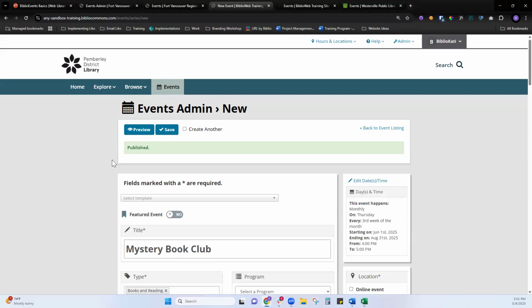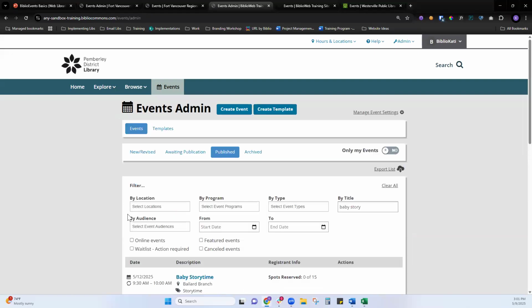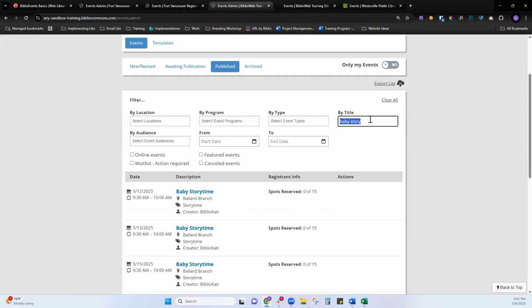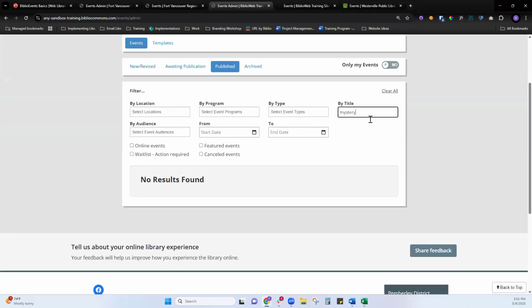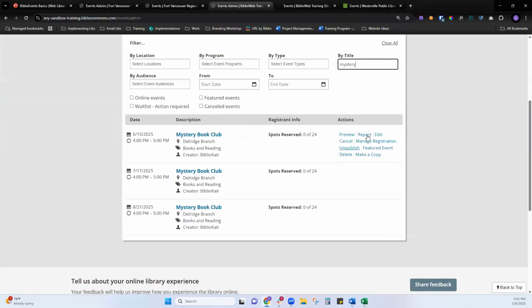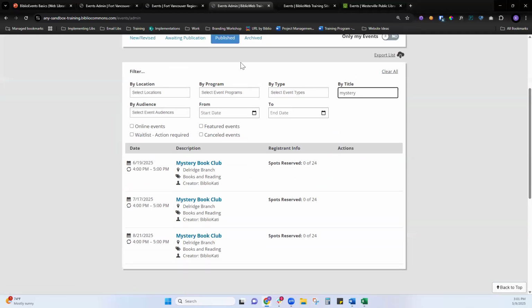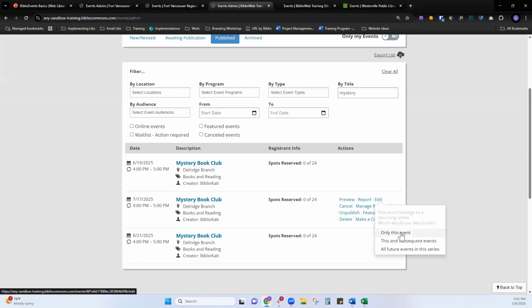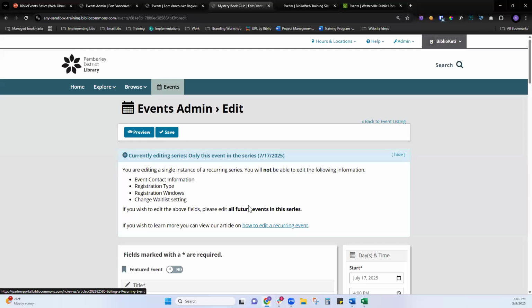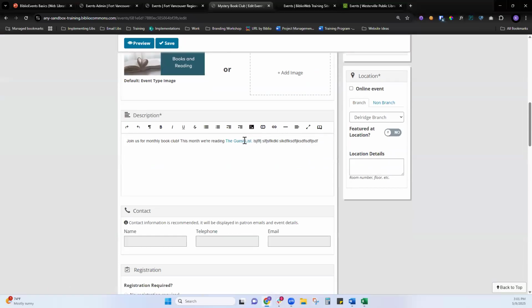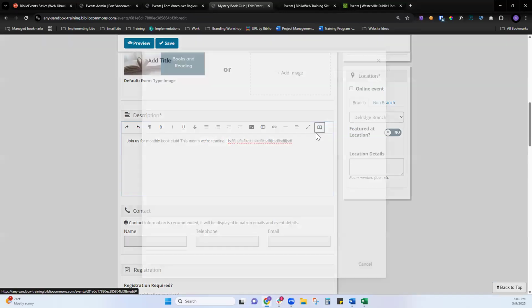Now let's say you realize, oh wait a second, we're not reading The Guest List 3 months in a row. If you ever need to edit an event, you can search for it on the publish tab, or if it's a new event, you just search for it. Then I click on edit. Let's say that in July we're going to read something else. I could just edit that event individually, come down here to the description, and pick out a different book that we're reading. So I can click on title,